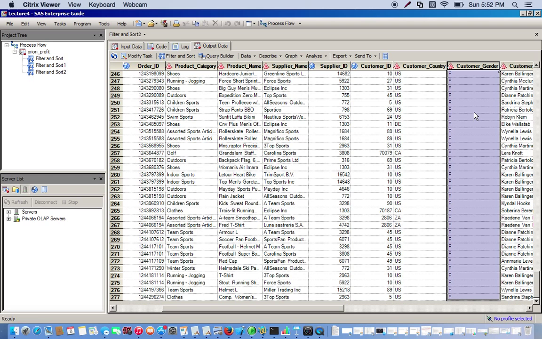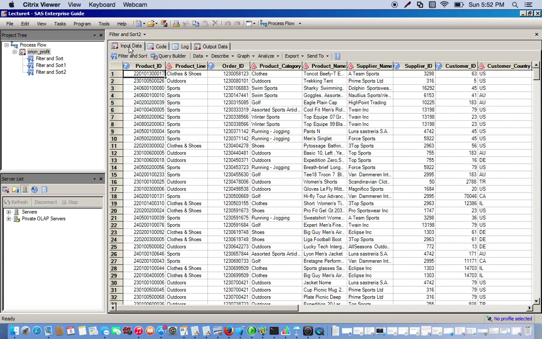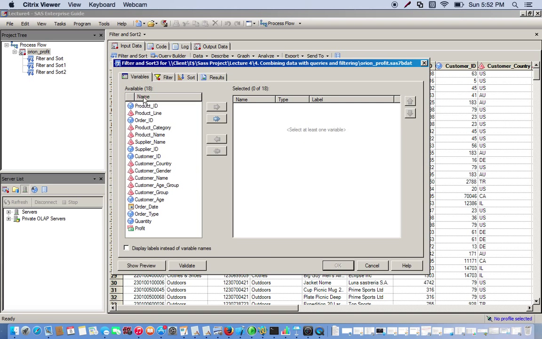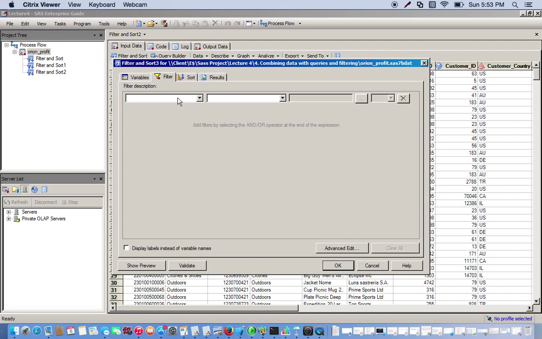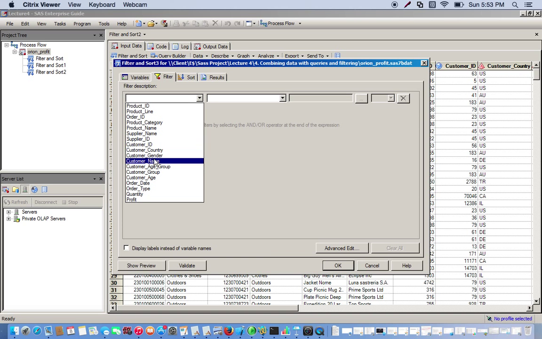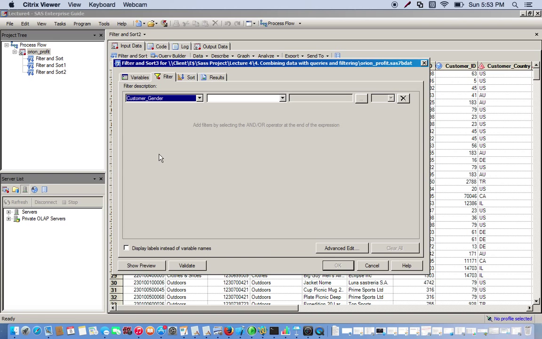Okay, so now we'll create another data set. This time we'll keep the males, and we want the ages between 28 and 38. So once again, we go to our original data set, filter and sort, move all the variables over again, click the filter tab. So we're going to filter by customer gender again. Okay, so we want the males,